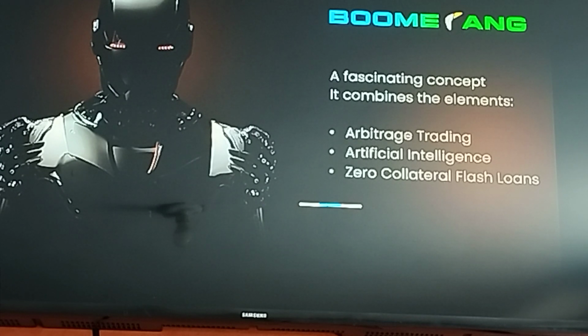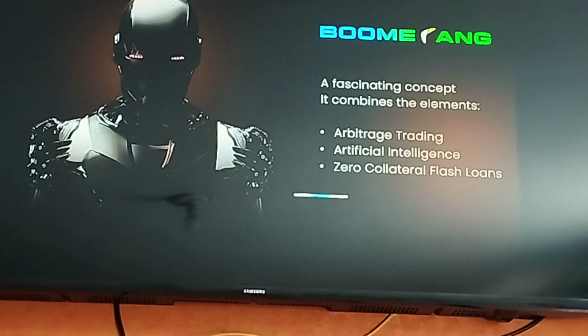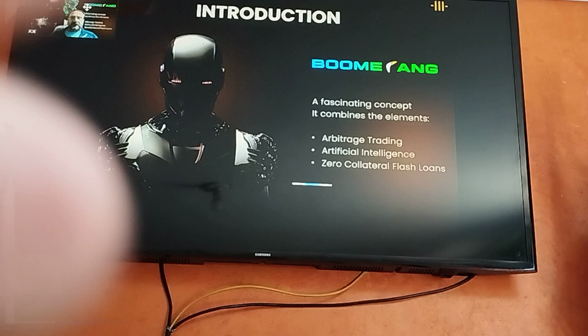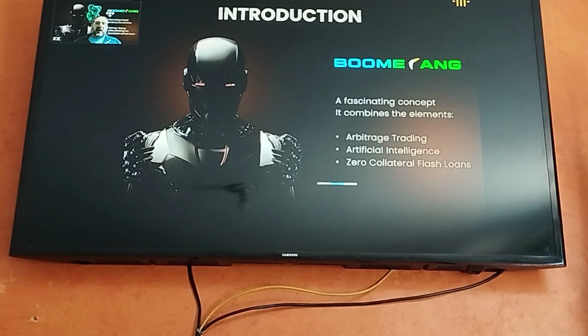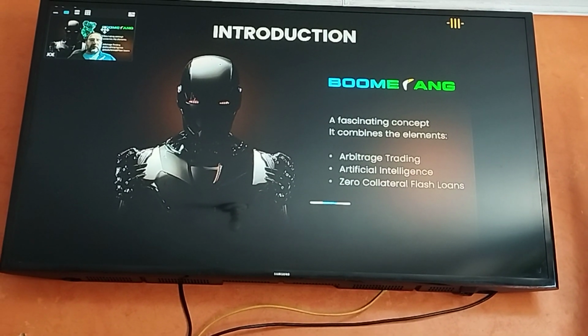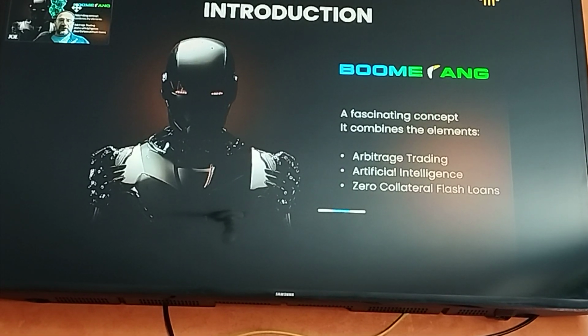Arbitrage trading, for most people, is just not something that you want to get involved in because it's so complicated, it's so difficult. It's been around a long time, but it's not something that's easy to learn. Artificial intelligence, we know mostly because we've had smartphones. But flash loans, most of us have never heard of them. I'd never heard of them before Boomerang had been introduced to us. And that's simply because the only people who had access to them were tech providers, tech developers, and traders. And of course, banks.